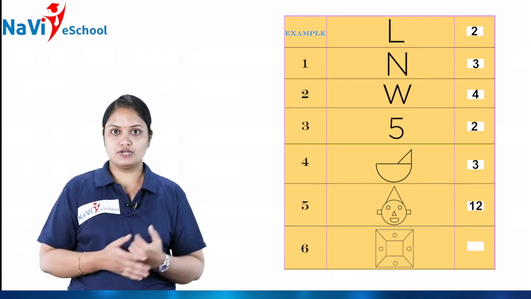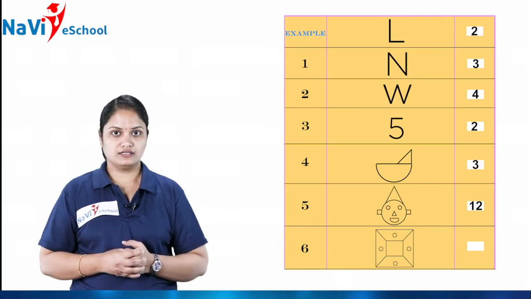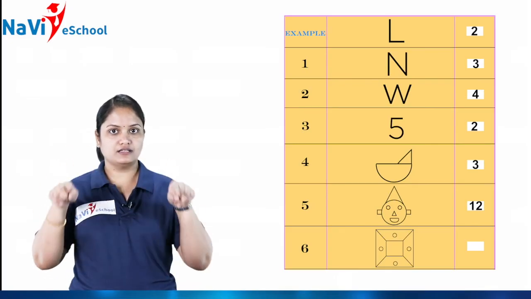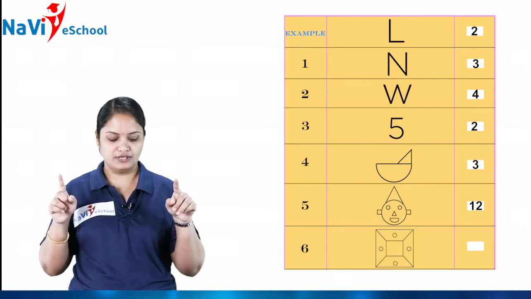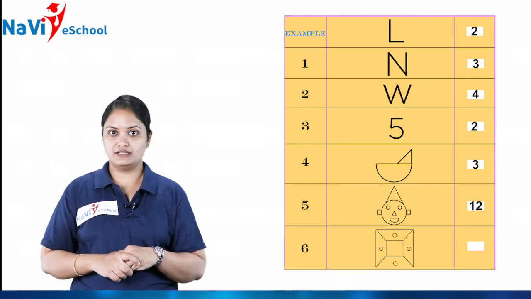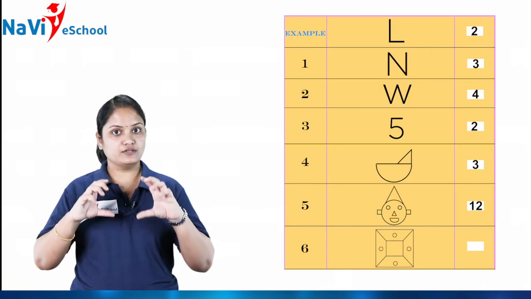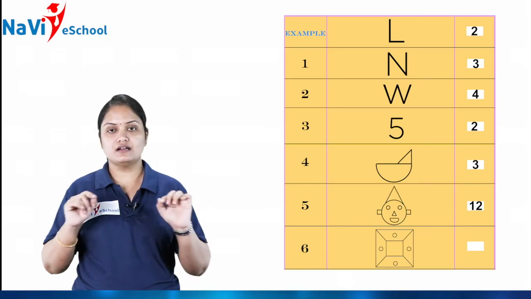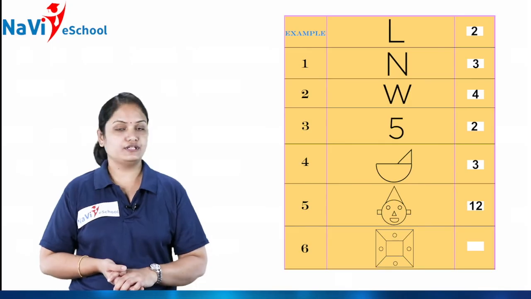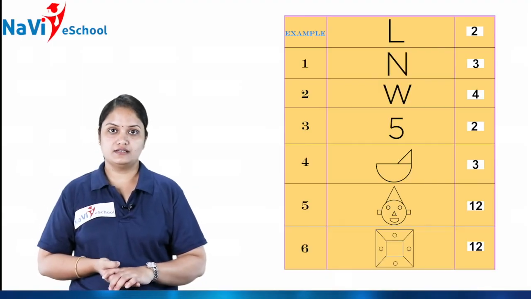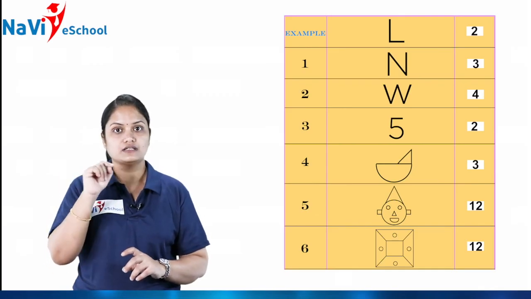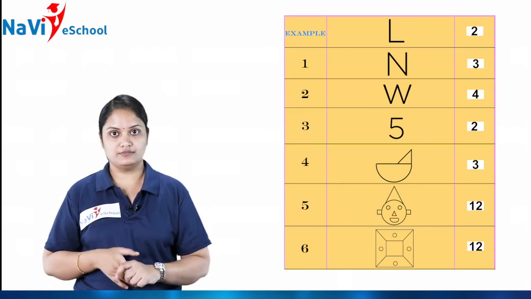Already you have 6, totally 12 straight lines are there in this figure. So next we'll move on to another figure. In that, see the outer one, the square, how many straight lines does it have? 4. Then how many inside? Again 4. 4 plus 4 gives you 8. And next, the lines that join those 2 squares, how many are there? They are 4. So totally, children, here also you have 12 straight lines, and there is a center in between. You have a curved surface also. You can find circles in between.